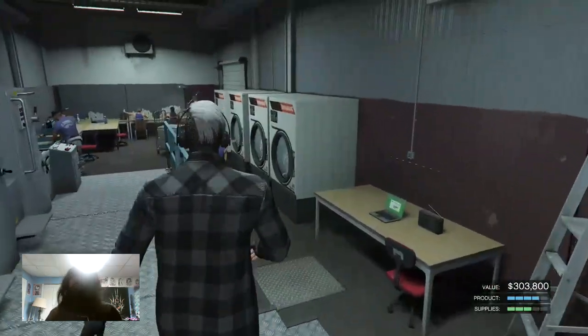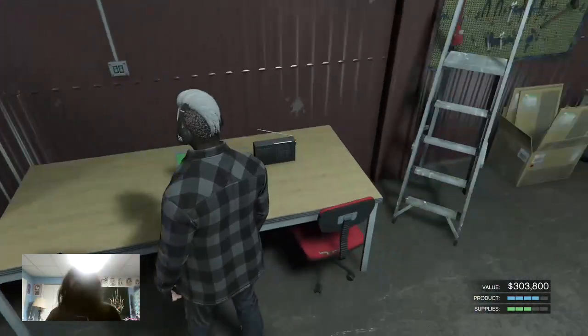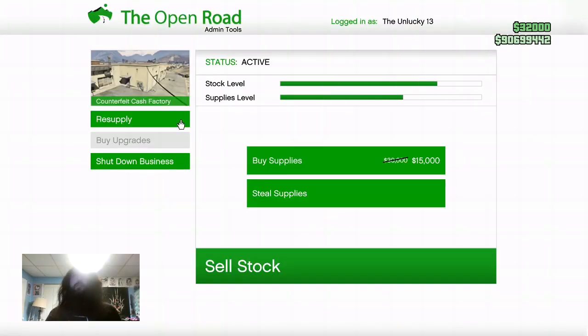So when it comes to these businesses, this is the computer. It's not the same spot, but it's on a table in every place, so it's kind of the same thing. You resupply, you do a mission. The missions are kind of a grind, which is why I say just buy them, because I think you only get one or potentially two